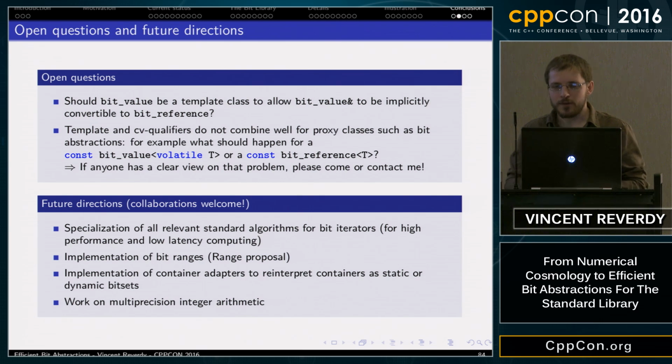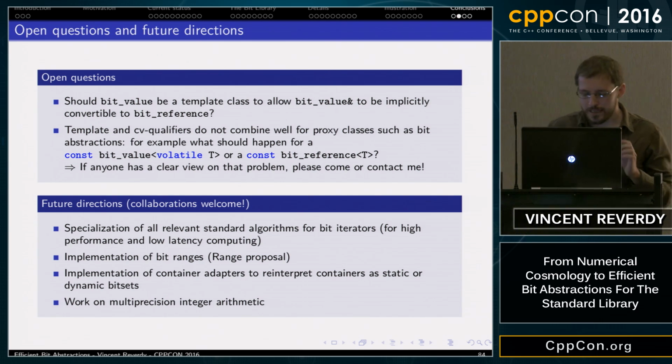So the question is, how will we address the conversion between reference to bit value and bit reference on things like forward iterators? Yeah, it has to be exactly that type.